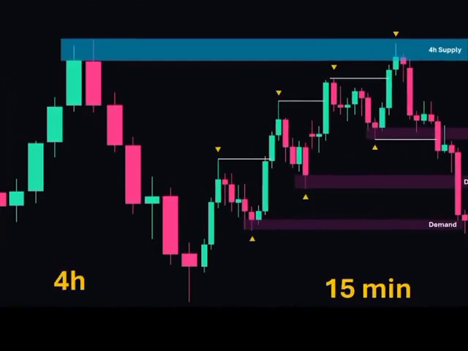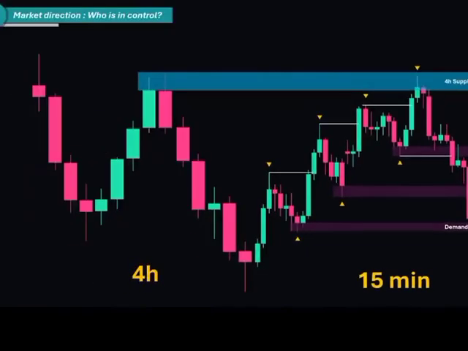Once again, this could also be a correction on an even higher time frame, and the pattern may continue. That's why we always need to check higher time frames to identify market structure conditions within the bigger picture. It's common for traders to combine two or more time frames